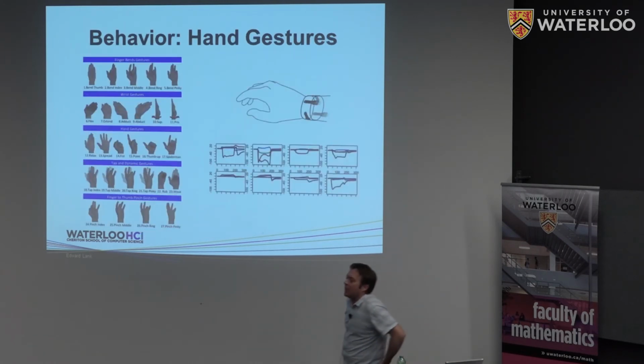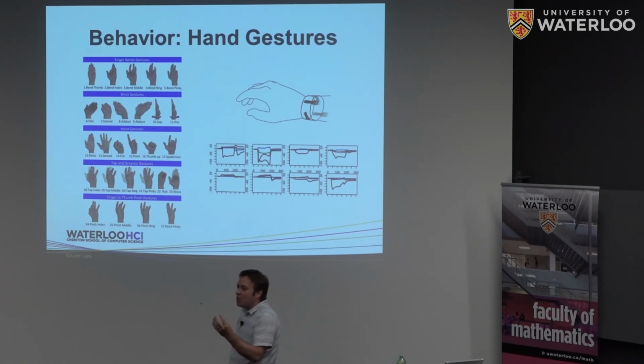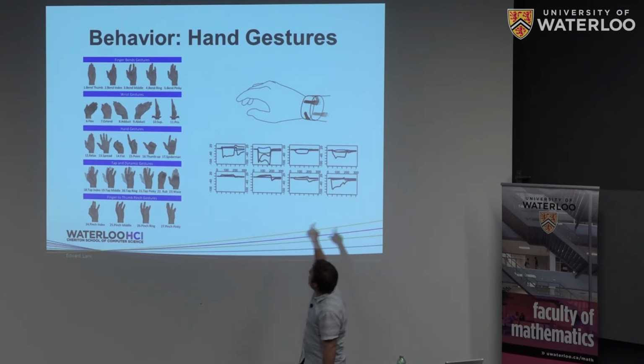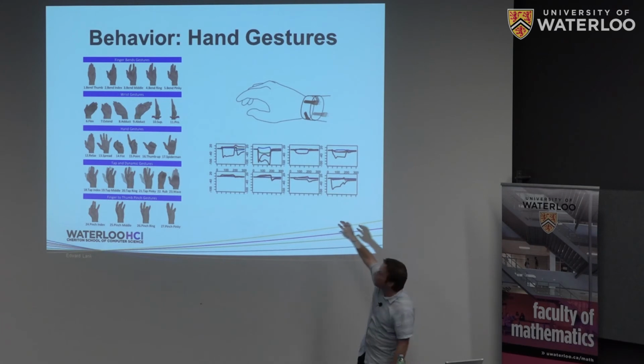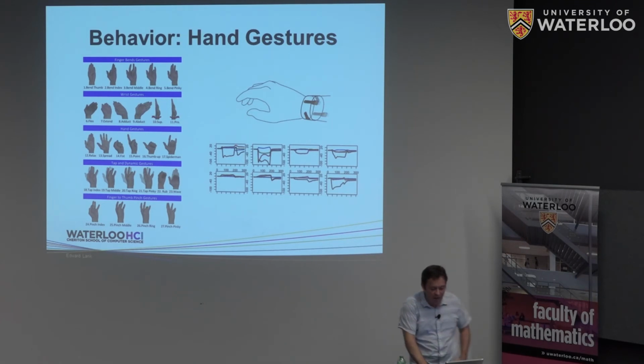So the other thing that we did with this is we actually looked at larger gesture sets. So we played with hand gestures with this system. And one of the reasons we played with hand gestures is because hand gestures have very subtle differences between them. And so we came up with a set of 27 hand gestures. And this is sort of the first effort that we spent on building some hardware. The hardware is actually back there on the table somewhere.